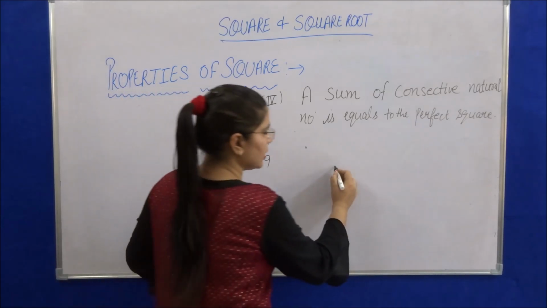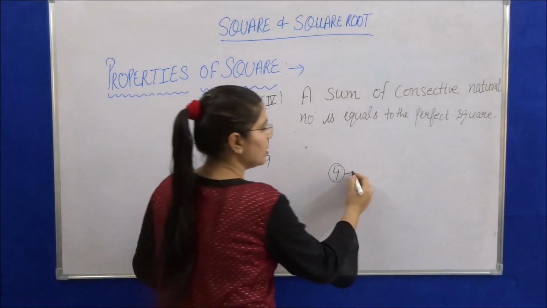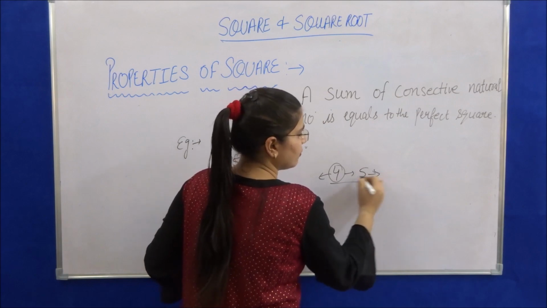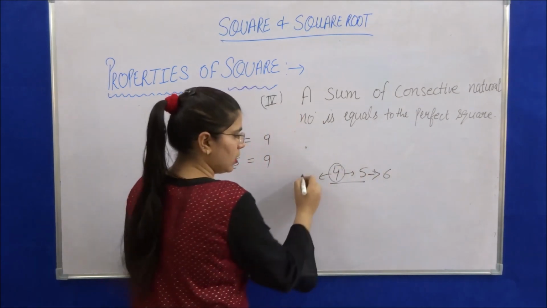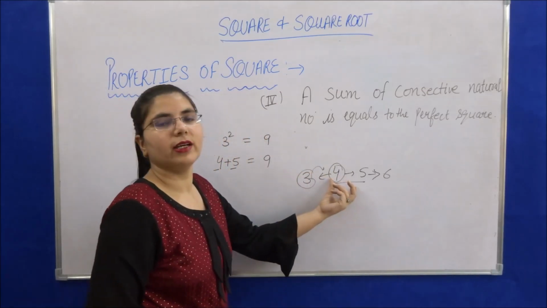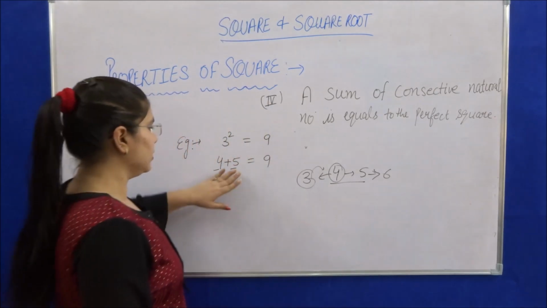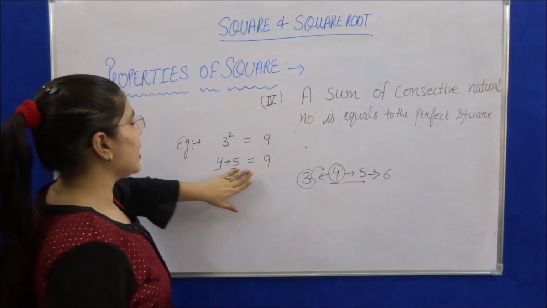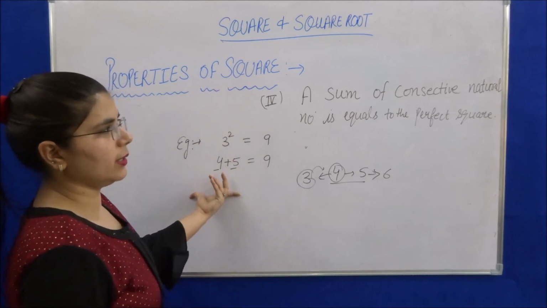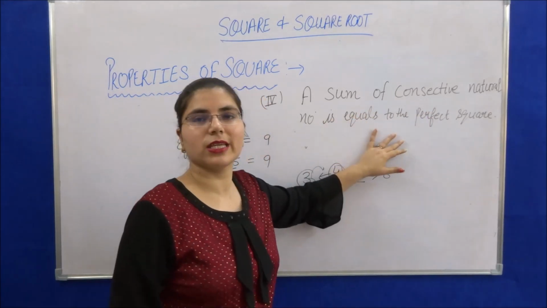That is, if we consider 4 as a natural number, then its consecutive number will be 5, and consecutive number of 5 will be 6. Consecutive number of 3 will be 4. So one more than the previous one. So these are the consecutive numbers. So here we express 9 as 4 plus 5. So this property also explains the same thing, that a sum of the consecutive natural numbers is equal to the